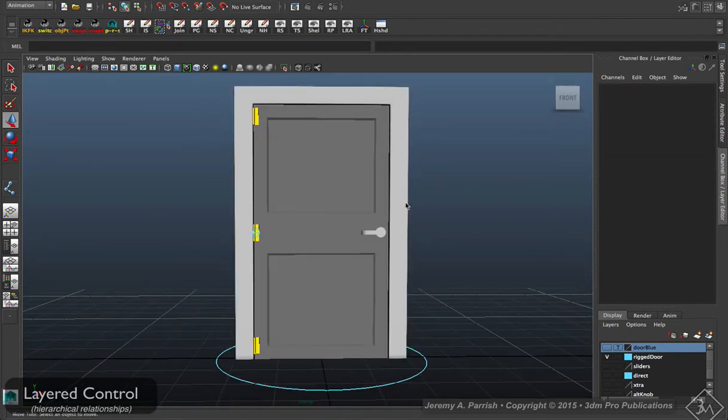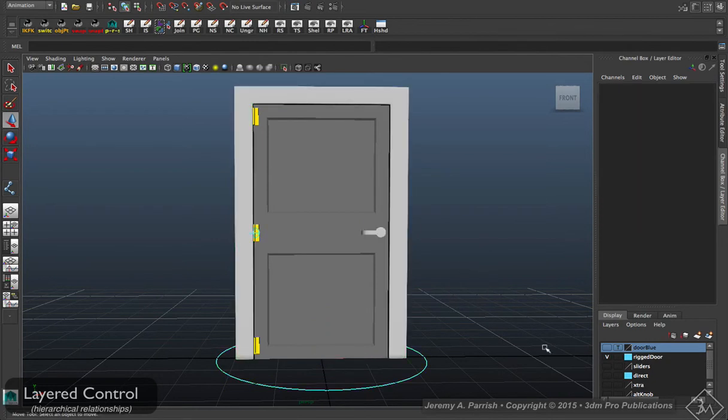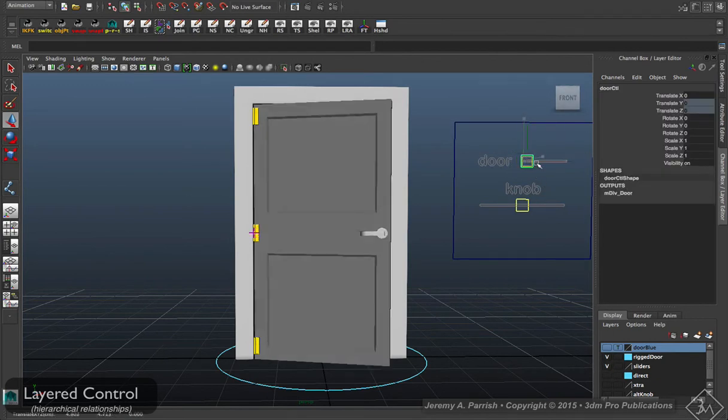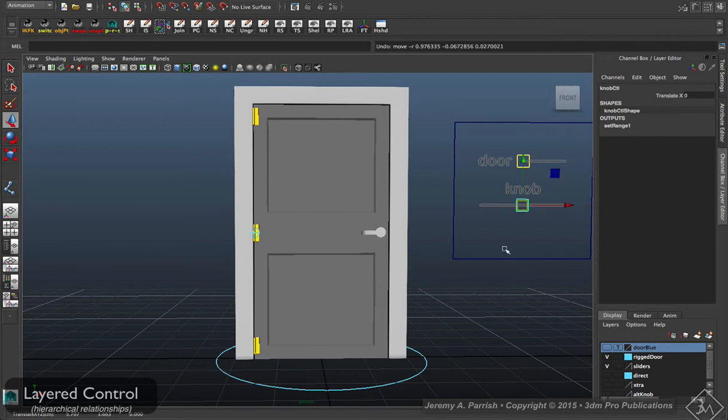So while you only need one way to control this door, basically you want to be able to turn the knob and open the door, I've actually created several ways to control the door, just to give an example of different ways it can be approached. So we have a panel, so you can open and close the door, and there's a slider to turn the knob. Fairly simple, fairly straightforward, but as an alternative, I also have